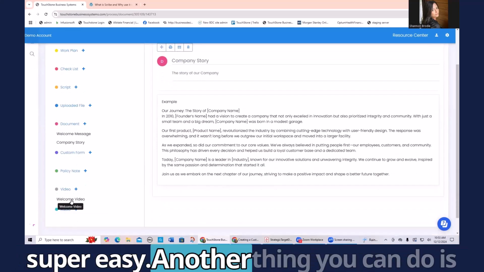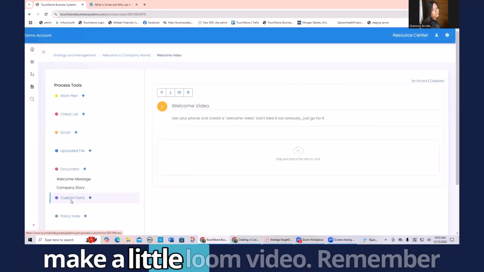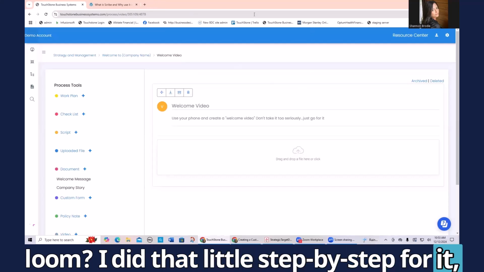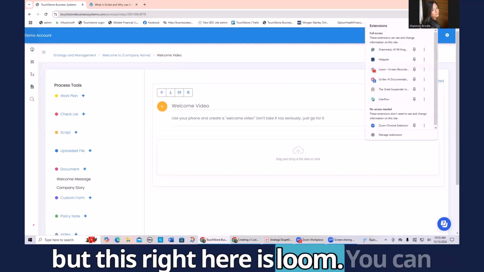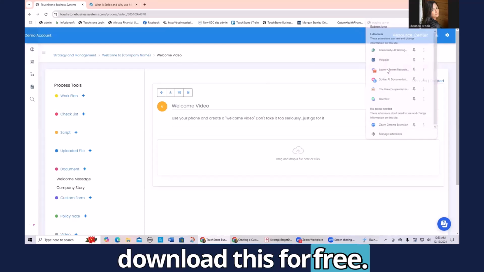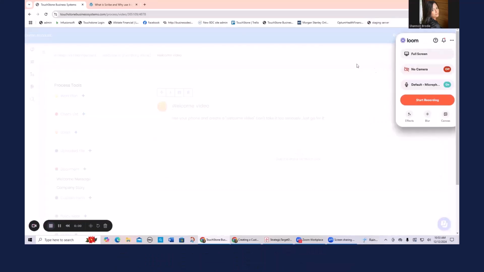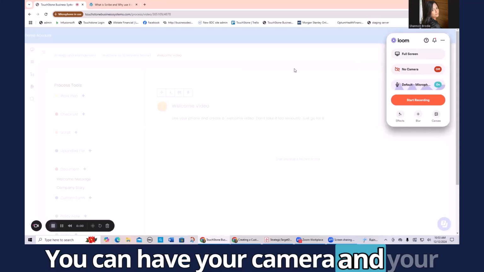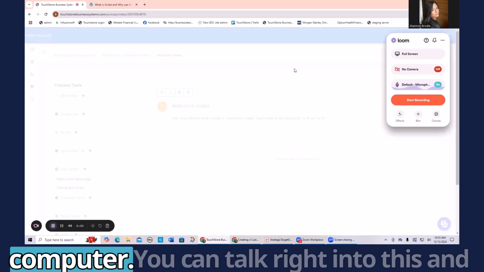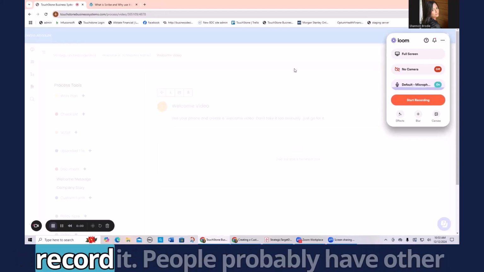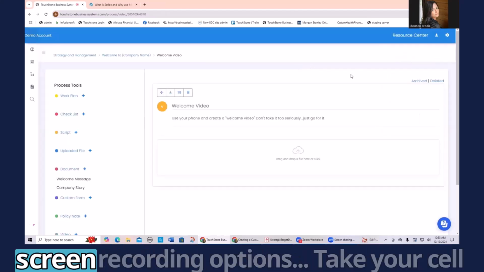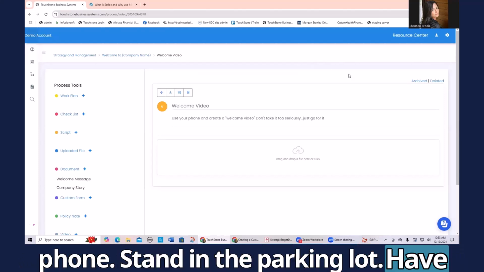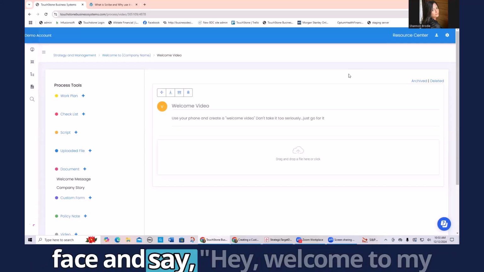Super easy. Then another thing you can do is make a little Loom video. Remember Loom? I did that little step by step for it, but this right here is Loom. You can download this for free. Open up Loom. You can have your camera on your computer. You can talk right into this and record it. People probably have other screen recording options, but take your cell phone. Stand in the parking lot, have someone put the cell phone up to your face and say,